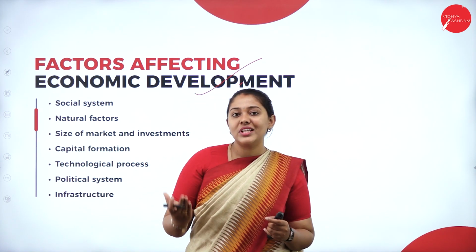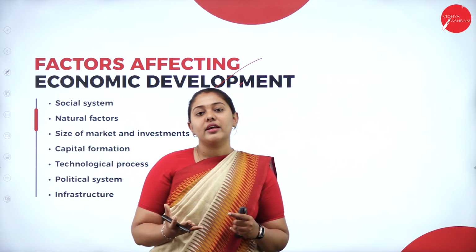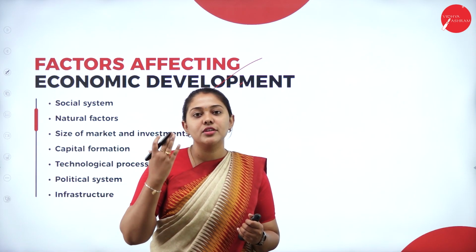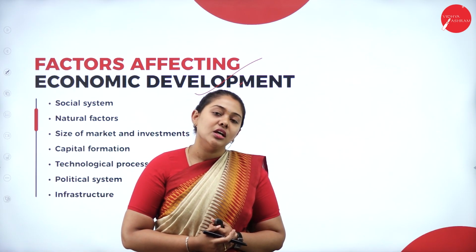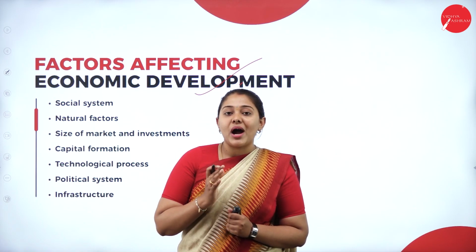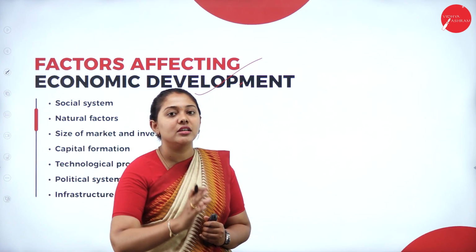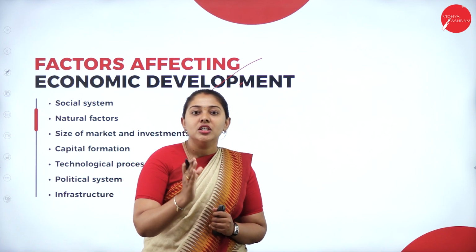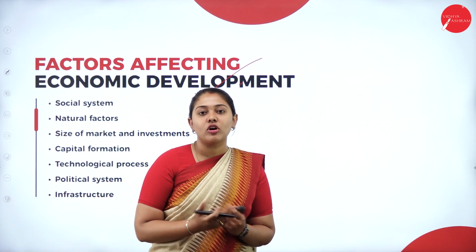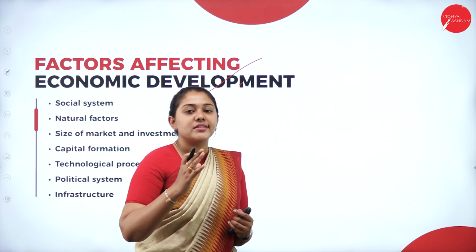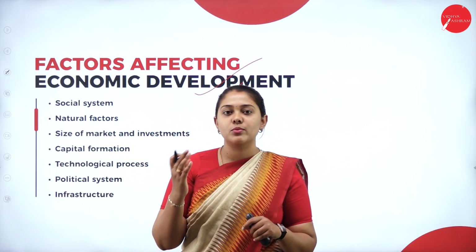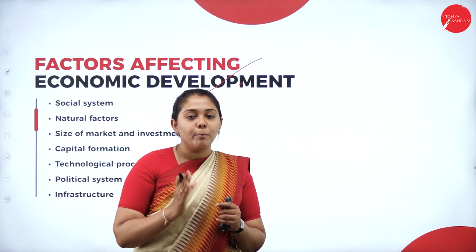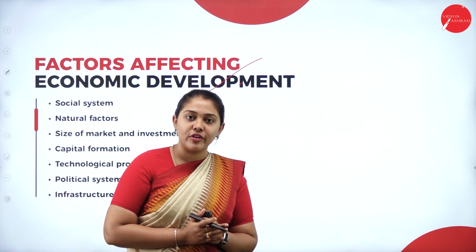As I have told you, a dualistic economy. Next is the planned economy. A planned economy is nothing but one run by the government. The economic activities, rules and regulations will be made by the government. Next we have the market economy. It is not run by the government. It is completely given over to private hands. Japan is the best example of a market economy. When it comes to a mixed economy, India and USA are mixed economies. We have the traditional economy as well as government intervention. So it is a combination of both. These are the different structures of economy.